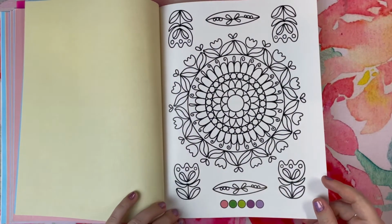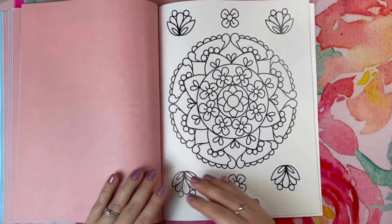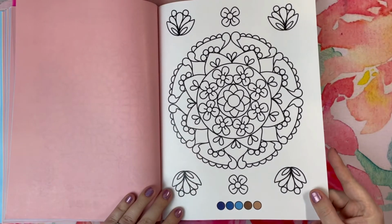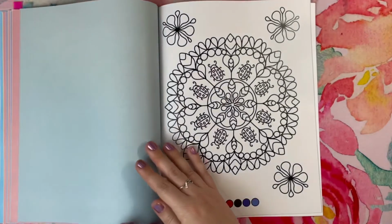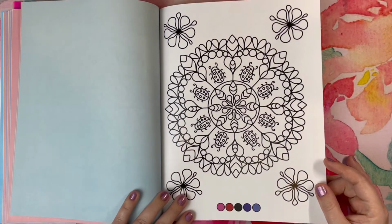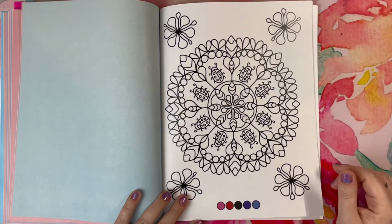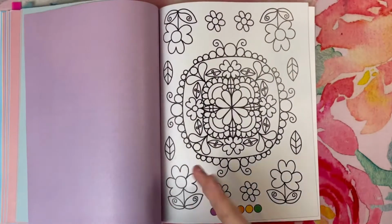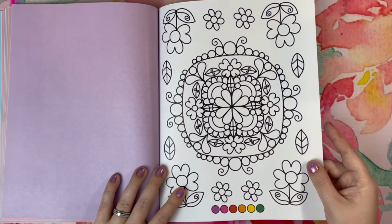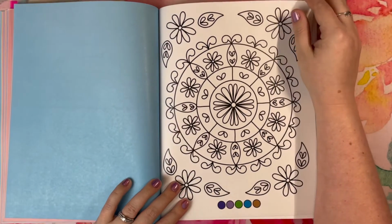So I absolutely love it. Honestly, I don't have anything negative to say about this book. I absolutely love this book. I think this is such a great idea, and really fits a niche of coloring book that I've never seen before. Even here with the ladybug, she made sure to include red and black. So you certainly don't have to use those colors, and you can certainly add to these color palettes, remove from these color palettes. If there's a color that you don't like in here, or something that you think